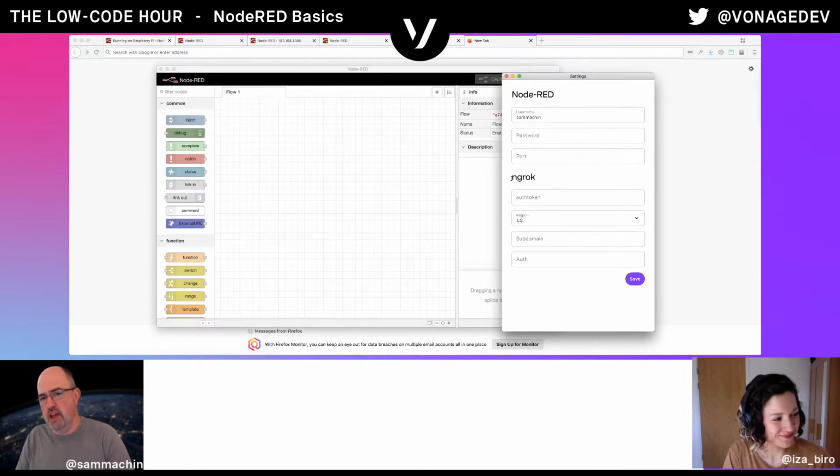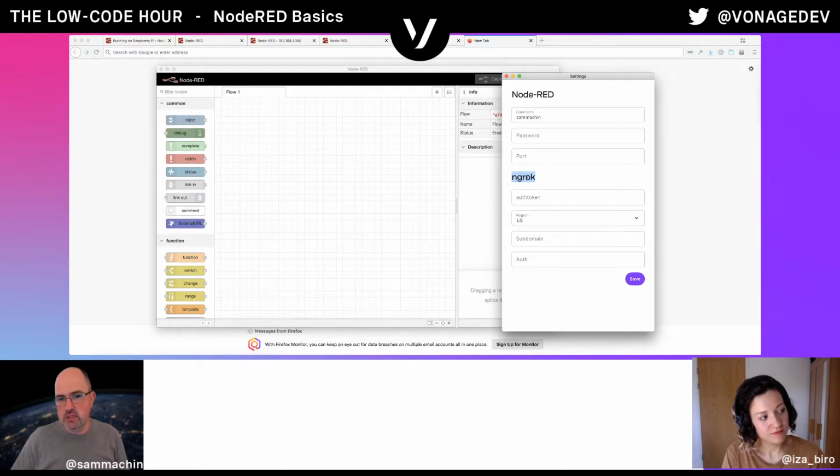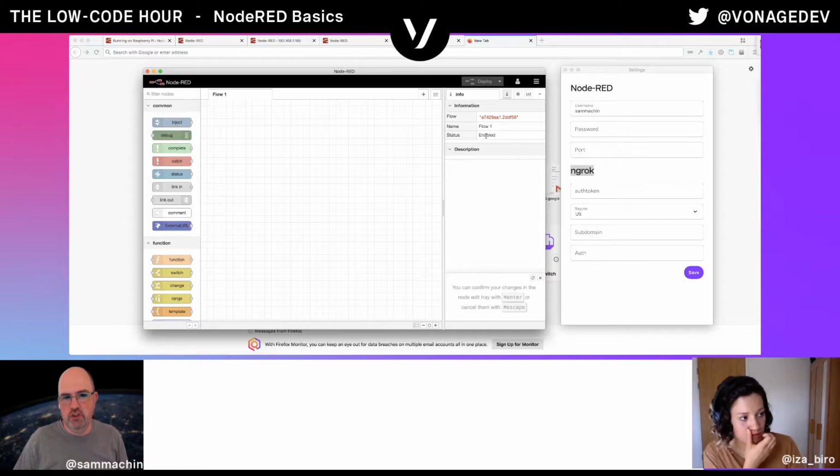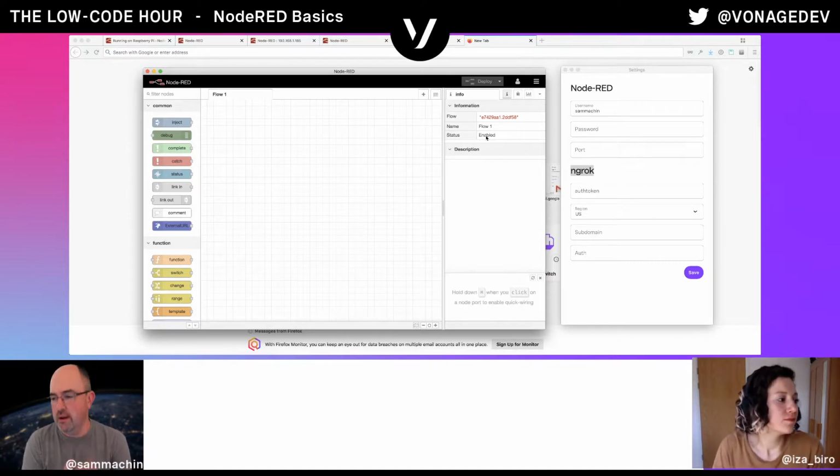And also this ngrok feature, which I think we're going to talk about a little bit later on, but ngrok is a really useful tool for working with web services and exposing them on a local computer. So what we've done is bundled ngrok in with this desktop application, and we can even start it from the menu by clicking connect, and it just connects automatically to ngrok. So you don't need to install anything. You can download the application